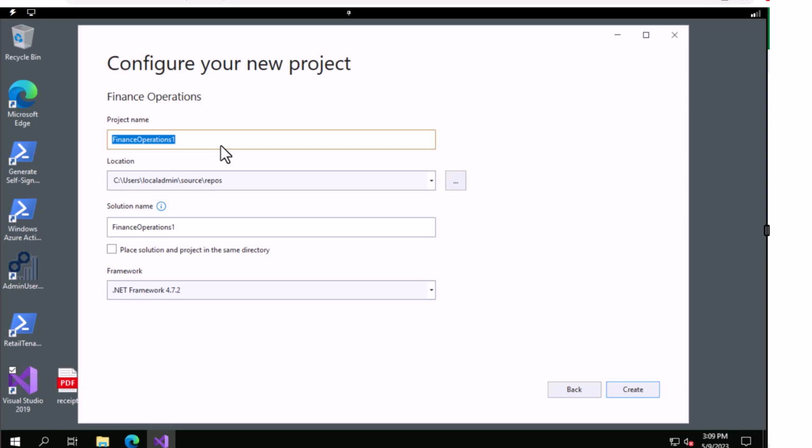Whenever you are working in a practical scenario, every organization has a standard process to create a project name, so you have to follow that. But as this is a tutorial video, I am just giving the name as per my own choice. At this time I am giving Room 1 OOP, object oriented program, and in this video I will show interface. That is why I am giving the name